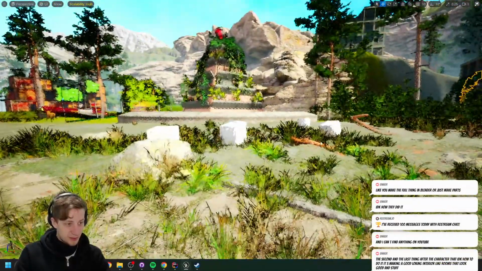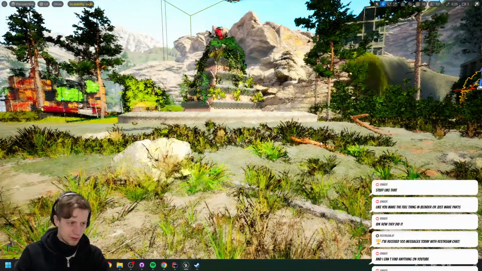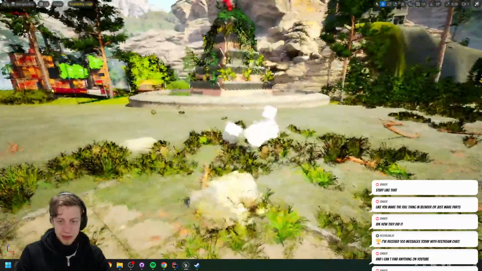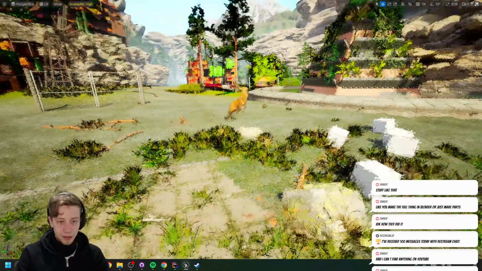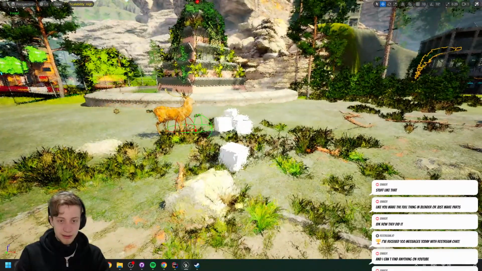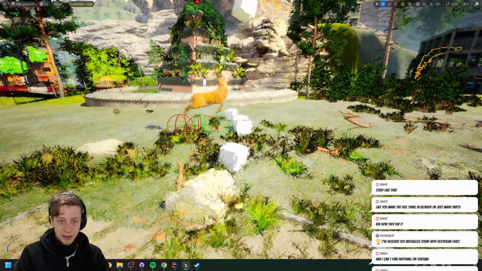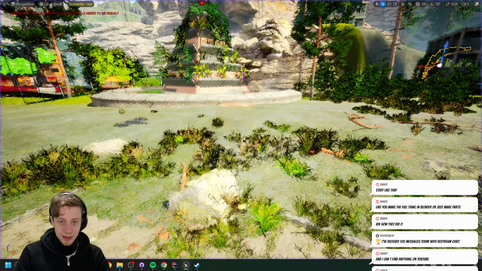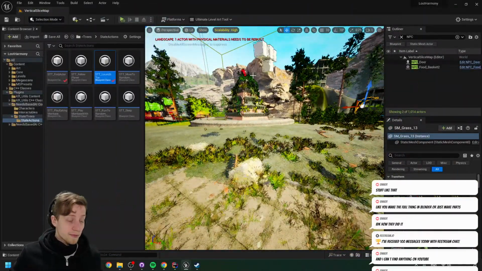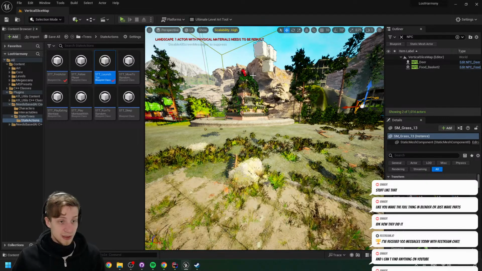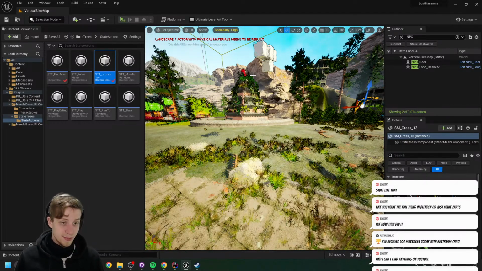Like you make the full thing in Blender or just make parts? Probably parts. Depends. The thing is that neither of these approaches is necessarily bad. You just have different ways how to make it. I personally prefer to always compose everything in the engine itself, and make individual assets separately in Blender.